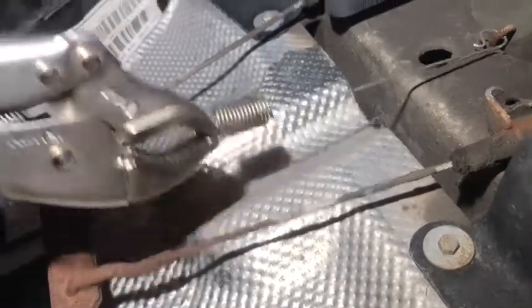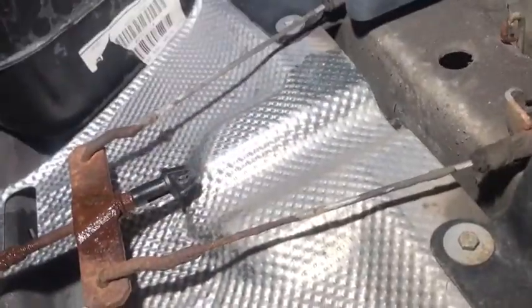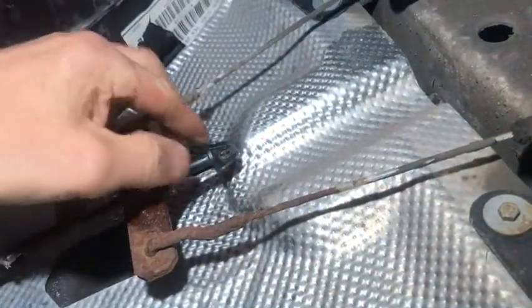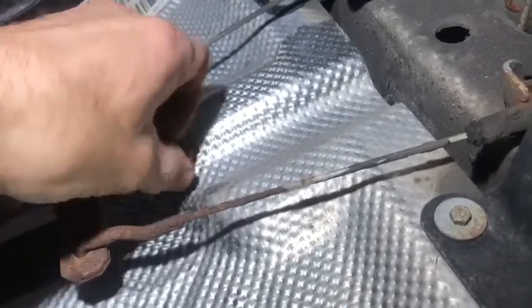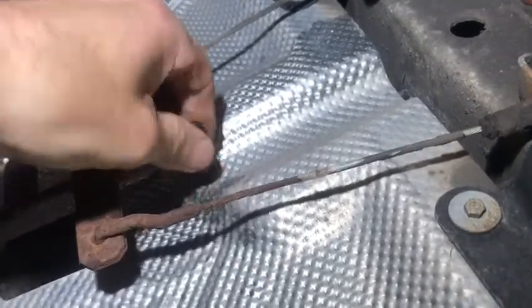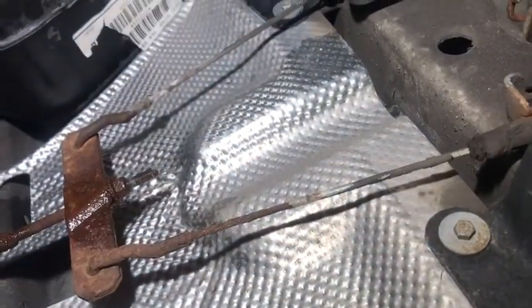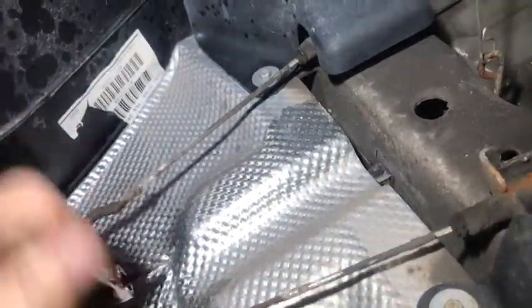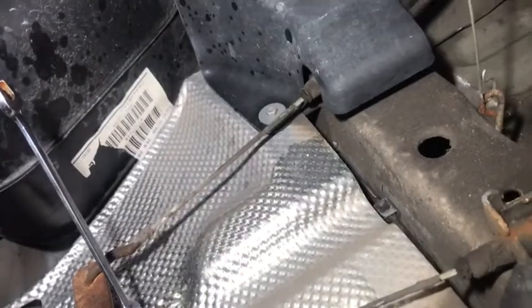Okay, I've just used a pair of mole grips on there just to take that spring off. So that spring is off, I can just leave that hanging there. That now means that we can just undo this here. Just a plastic thing here. Bear in mind the handbrake is still tight in the cabin. Put that back. Then I can get my ratchet on there. I just start doing that. It's probably better if I put my...